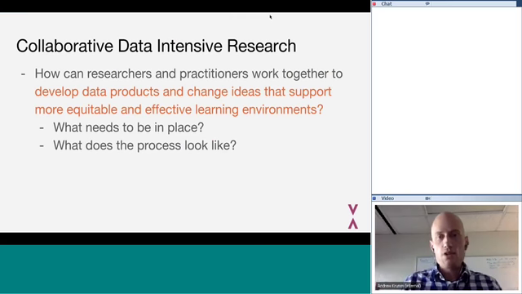So data doesn't do anything. Data is not a self-enacting resource. It is a support for change. So how do we then use those to develop change ideas that ultimately support more equitable and effective learning environments? So how can we bring people together? And within that question, there's this general idea of what needs to be in place, and then what does the overall process look like? So Alicia highlighted through that example some key steps along the way,